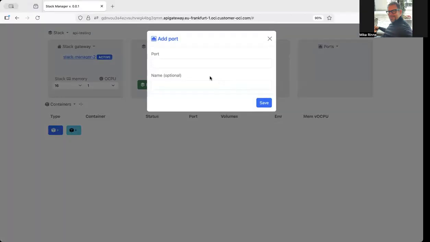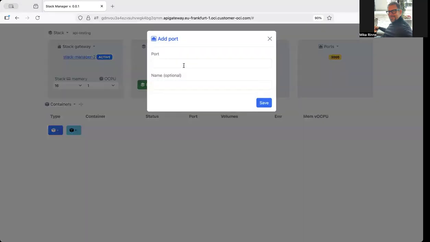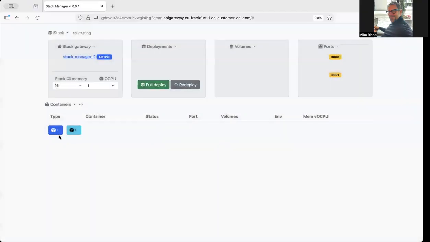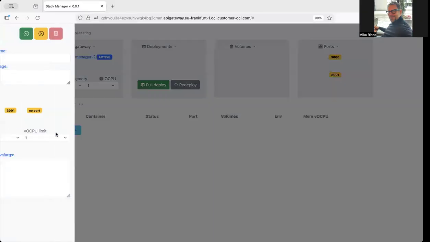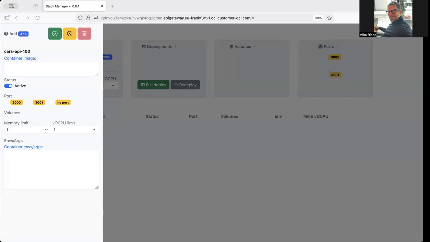Let's add a couple of ports where we run our containers, 3000 for the first API container and then 3001 for the second. Now we can add the containers. So this is like cars API 100. And let me